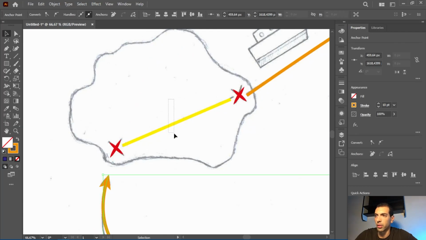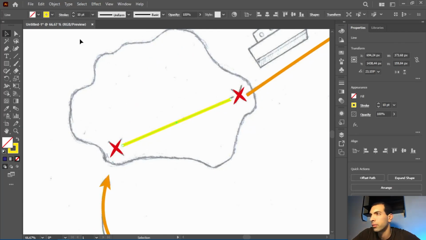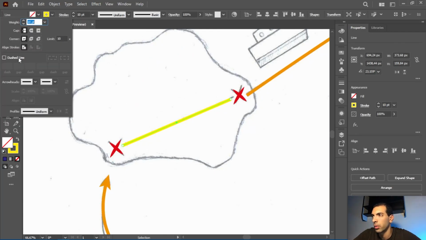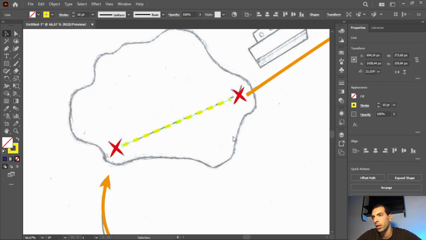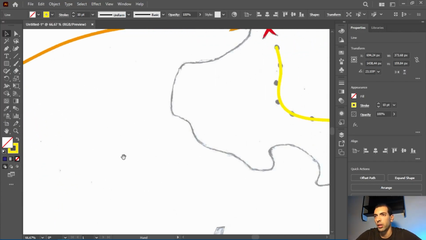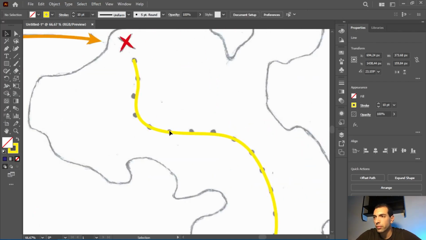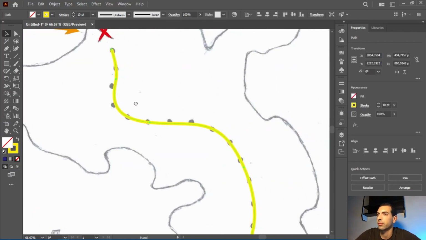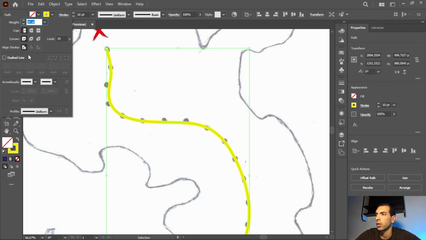V selection tool, I'm gonna select this line now, stroke, I'm gonna check dashed line, I'm gonna activate it, I'm gonna set dash to 20 points and gap 20 points as well, and get this dashed line. Gonna go here, select this line, stroke,